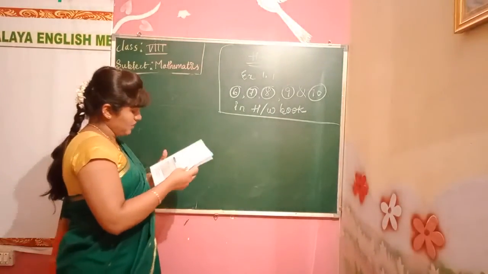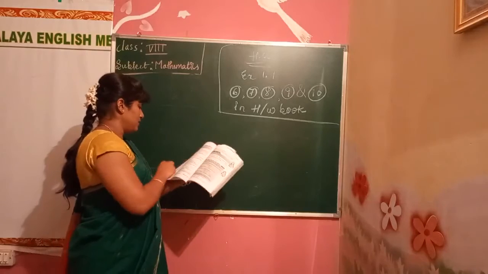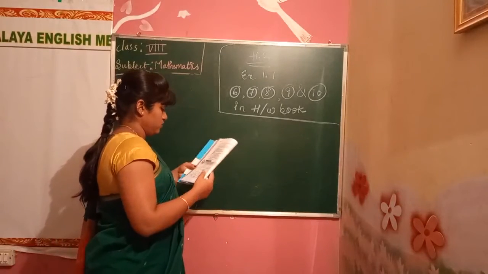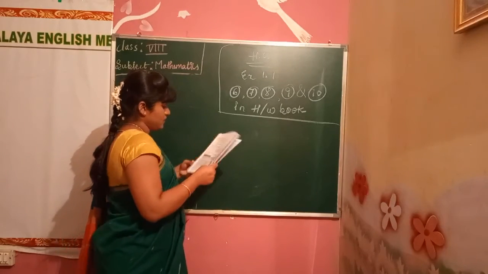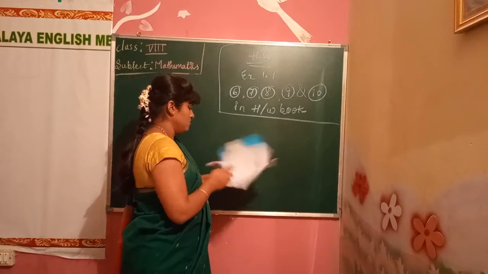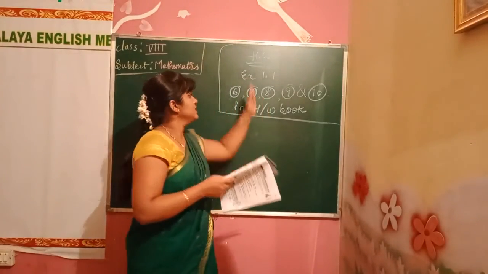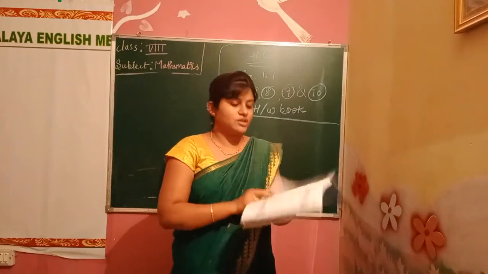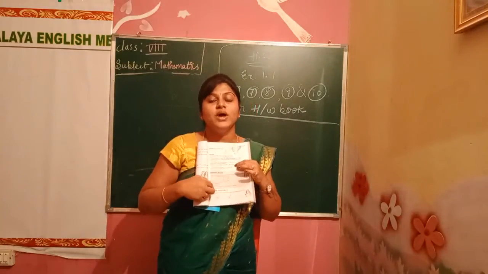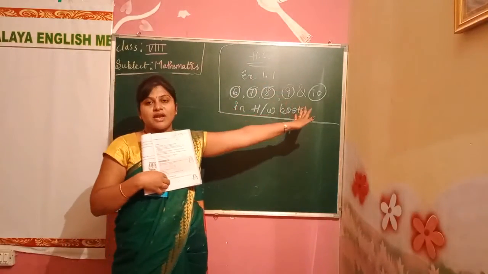Okay, page number, I am giving on the board only. What you have to do, you have to just try playing with numbers. Okay, listen here. Today's homework for you, these 5 sums you have to do by yourself. And one more thing, these all things we solved today, you have to copy in your classwork. These 5 sums you have to copy in the classwork and these 5 sums you have to write in a homework book.